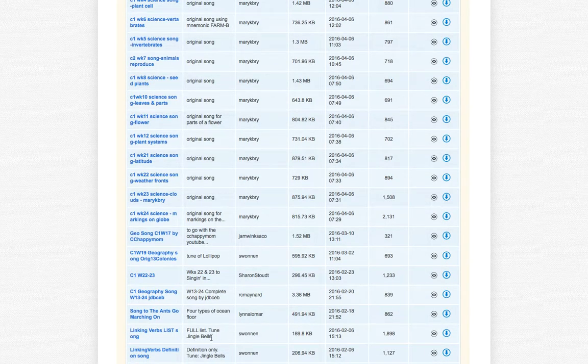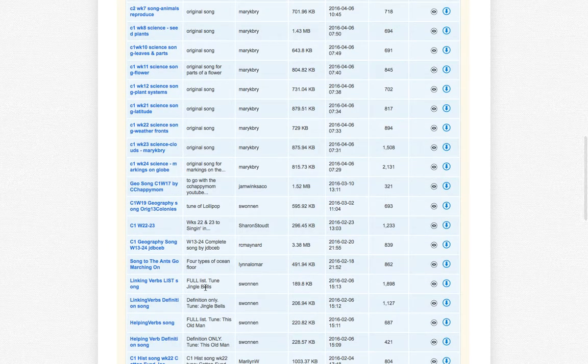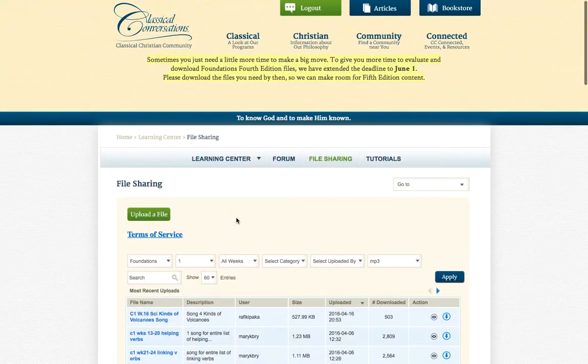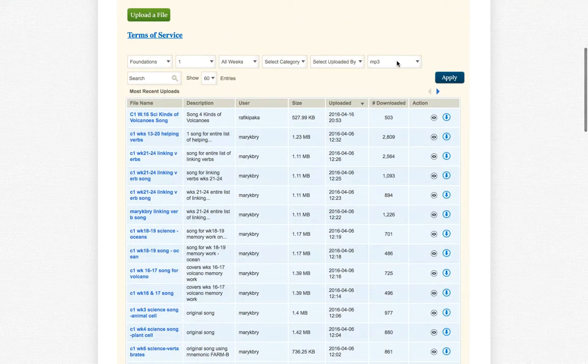Like here's a good example. Linking Verb's song list to the song Jingle Bells. So that might be a more interesting song to your kids than the song list that's on the CD from CC. So we tend to do a mix of the CC songs and these CC Connected songs. So that's one other really great benefit here of